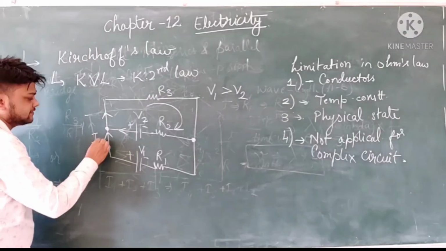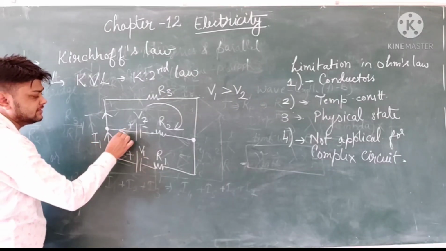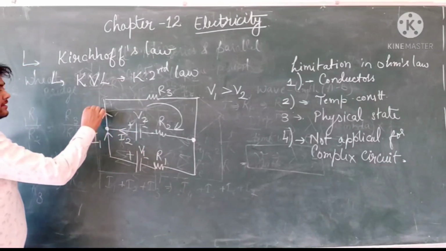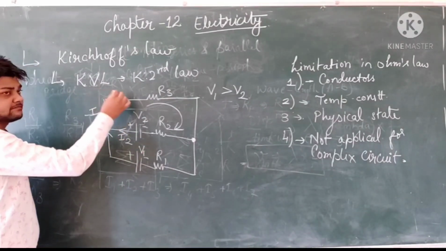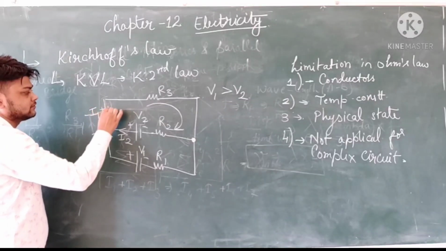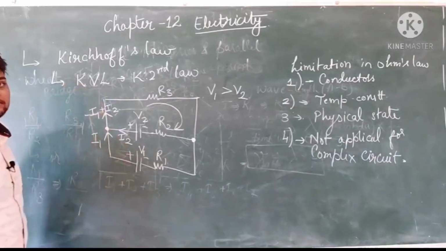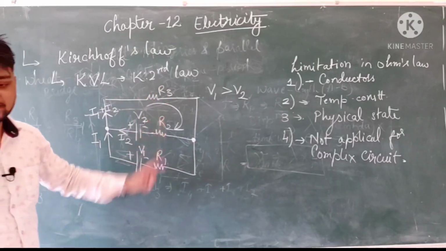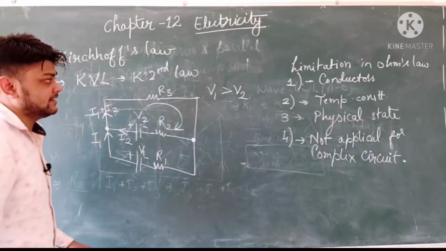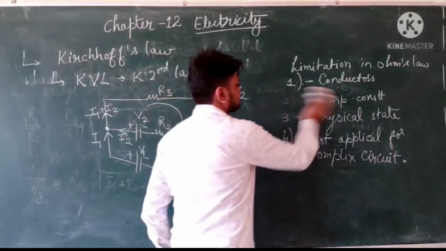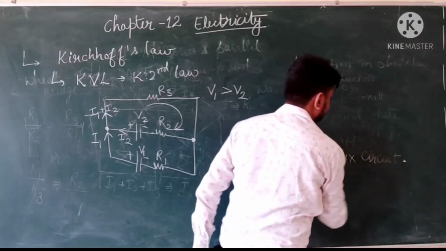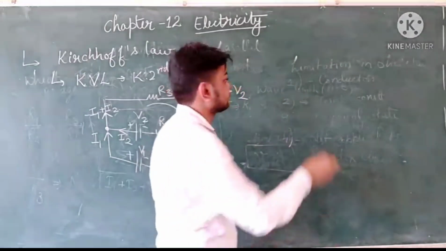So this is your I1 current coming from the V1 battery. This is your I2 current coming from V2. Here, as per the first law, the current going upward will be I1 plus I2 across the R3 resistance. So if I take the first loop and write the Ohm's law equation, or simply check the voltage under that condition, how will that look?